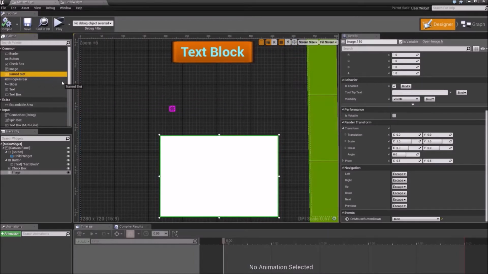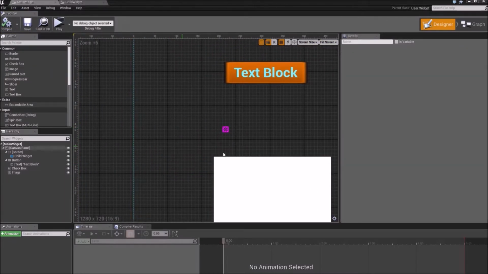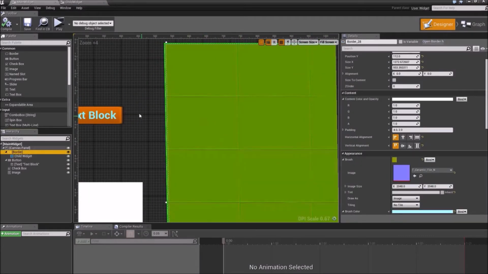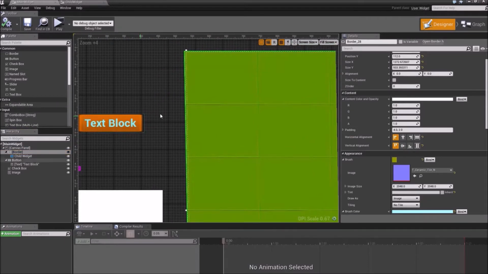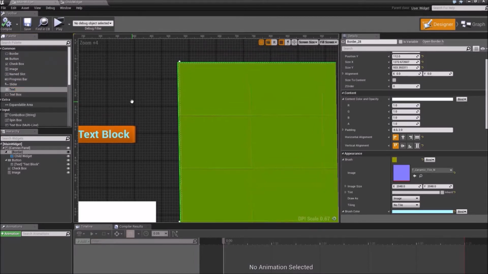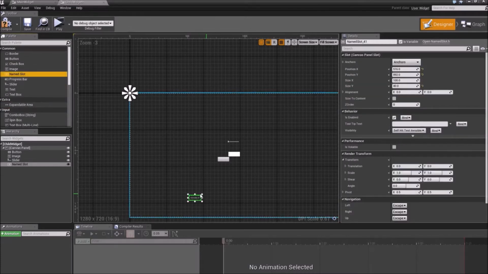Then we have something called a name slot, and it's not difficult to explain, but basically if you have our border here and you use a border, when we drag it in and we want to add a text on our child widget, we can't. And that's because we can't add random stuff from our component, or rather of this component menu, on a different widget. So in order to do so, we can go to the other widget, then just drag in a name slot,